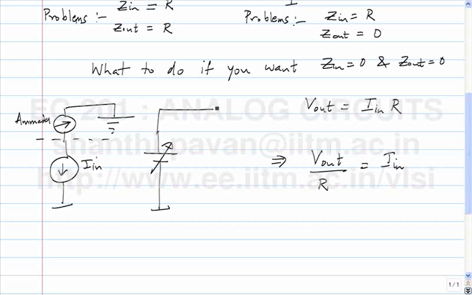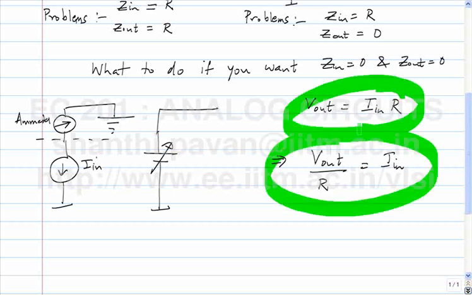So the alternate thing is to, these two are equivalent statements, right? I could either compare V out to I n times R, or compare I n to V out by R. Great. So what would I do? I would put R here, put an ammeter, and I will compare this ammeter reading to that ammeter reading. If the ammeter A2